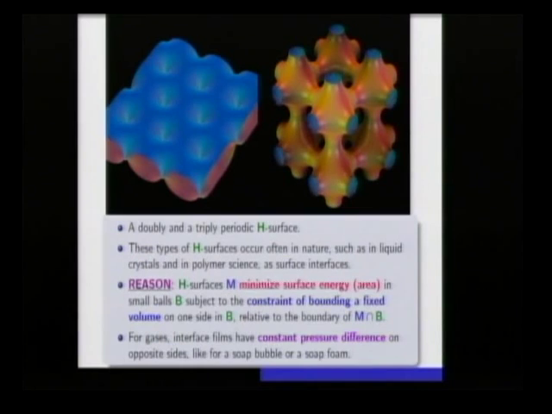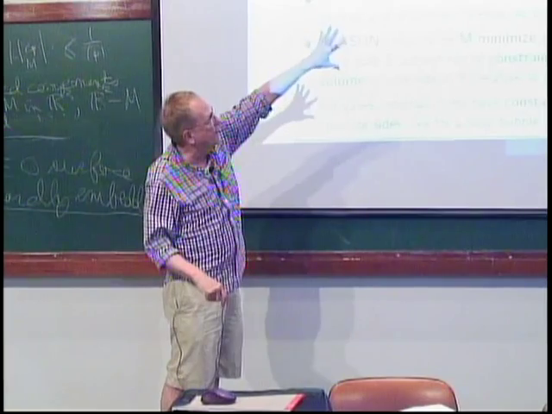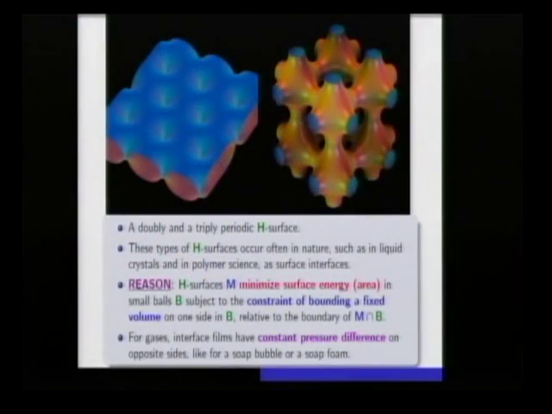And when you view them, for example, in a 3-torus, they're compact surfaces. There they may be stable. With respect to volume-preserving deformations, they actually are local minimums. Not global minimums, but local minimums. So that's why they occur in nature. There are reasons why we see these surfaces in nature, because they're somehow minimizing surface area or energy, which is proportional to the surface area. And so that's kind of the reason why we see these things.